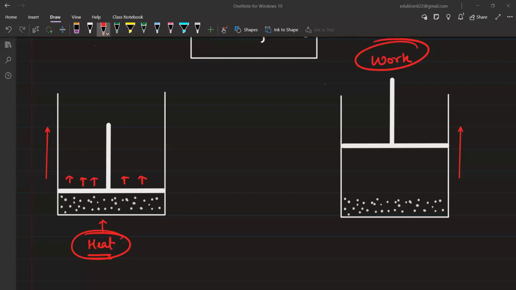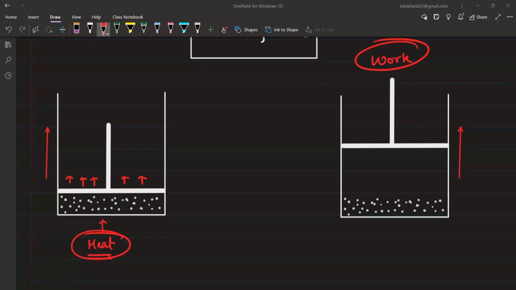What if I give it more heat? I can still heat it now after 100 degrees Celsius, right? So what will happen? It will remain same. The temperature will remain same. That means even if you heat something, the temperature can remain same. ये बात सबको समझ में आया ना? Even though you are heating the boiling water, its temperature does not change. That means all heat does not result in increase in temperature.